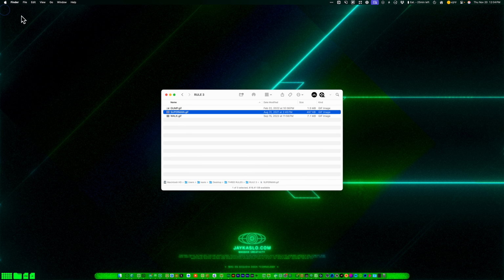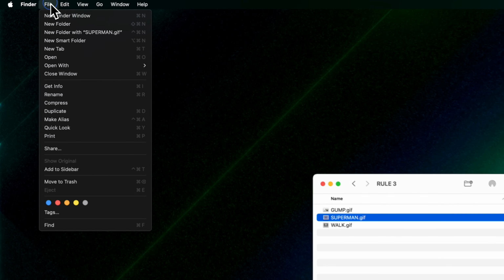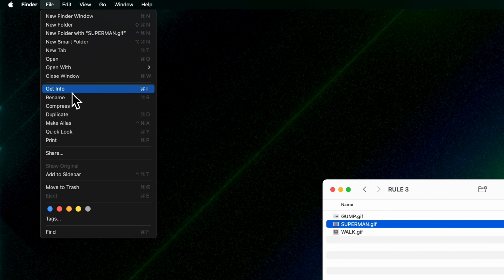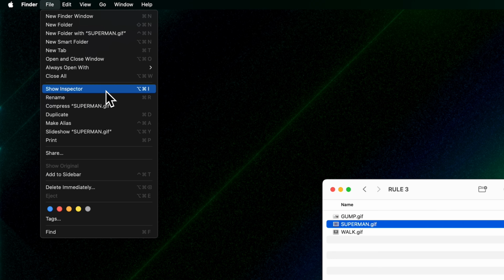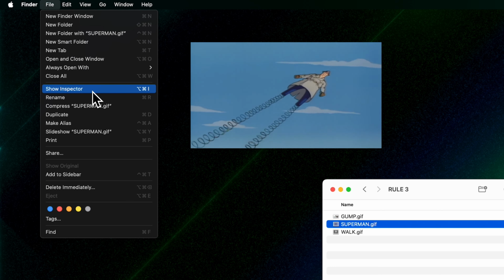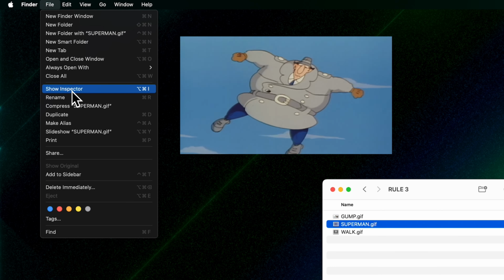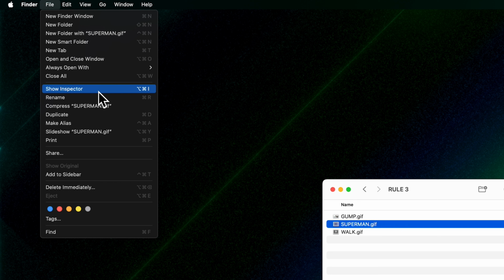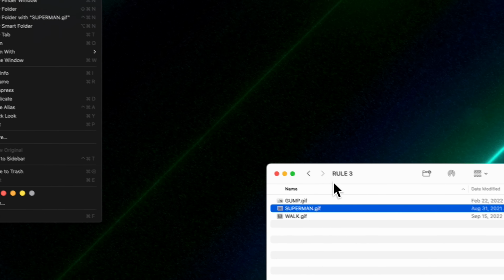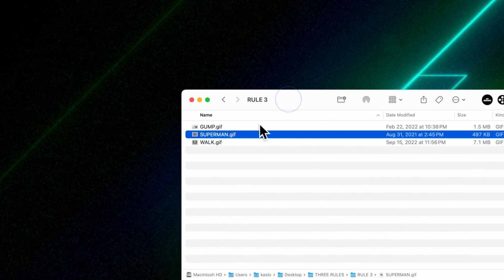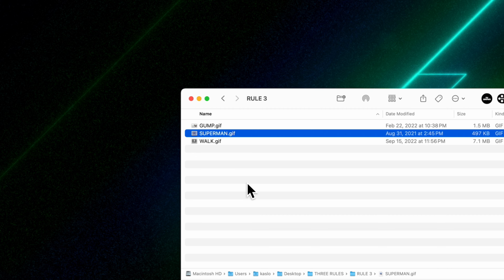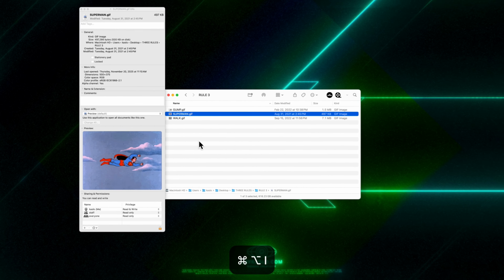up here to the File menu, see Get Info, Command I, notice what happens when, once again, the key of the day, the Option key. When I hold the Option key, notice it changes it to Show Inspector. So this is totally different than Get Info. It's a whole new thing. It's called Show Inspector, right? So the only way you can access it is by holding the Option key, right? So back here in Finder, instead of just hitting Command I, we're gonna hit Option Command I, and notice what